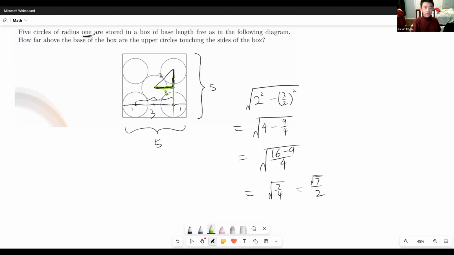Okay, so the summary of what we did here. This is 2, this is 3 over 2, and this distance over here is root 7 over 2, and this is 2. So what we want to find is the distance from, yeah, this is root 7 over 2, because by symmetry, the point of tangency over here, so therefore, the answer,